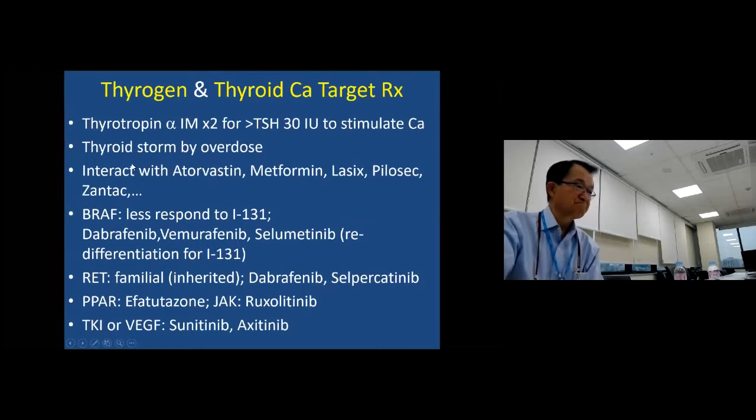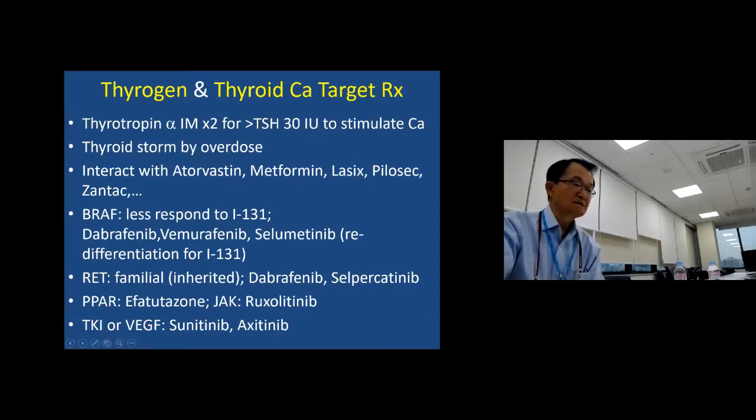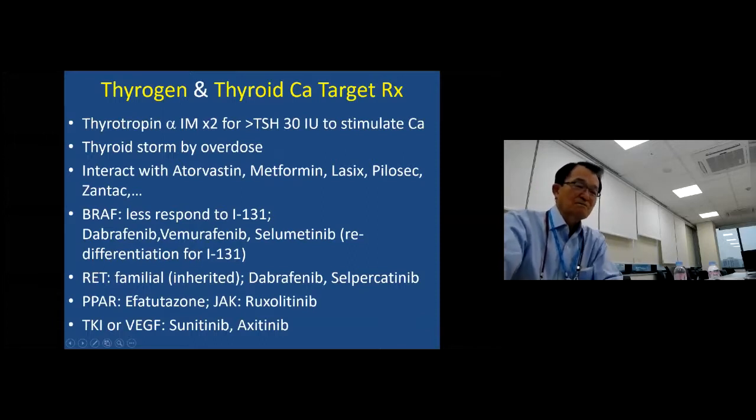So Thyrogen is a thyrotropin, a recombinant human TSH intramuscular injection twice to make a TSH at least more than 30 international units to stimulate any residual thyroid cancer or tissue. And then for anything overdose, always consider a thyroid storm. So if there's a clinical symptom suggesting that, you have to slow down the heart, you have to relax the patient with sedatives. And this Thyrogen interacts with very many drugs, so you should be very careful. Particularly common metformin, that's a diabetic drug, and atorvastatin, a cholesterol drug, Lasix for renal clearance, a drug for reflux, gastric reflux,